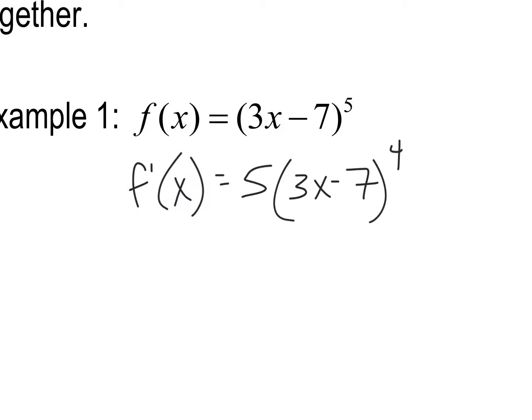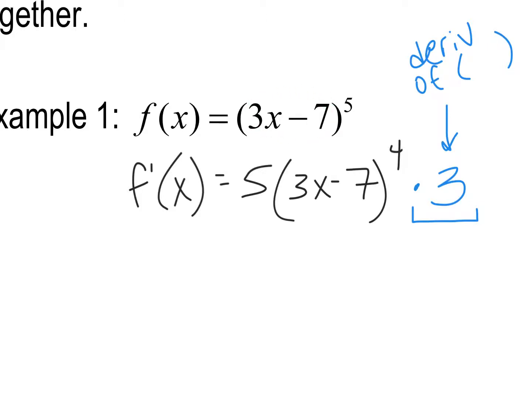So can you take the derivative of the inside stuff? So here, 3x minus 7, isn't the derivative of that just 3? And so what I have to do is I have to multiply by the derivative of the inside. So this is the derivative of the parentheses. And that has to be multiplied if there is a derivative on the inside of the parentheses here. So you do the exponent rule first, and then secondarily, you take the derivative of the inside,